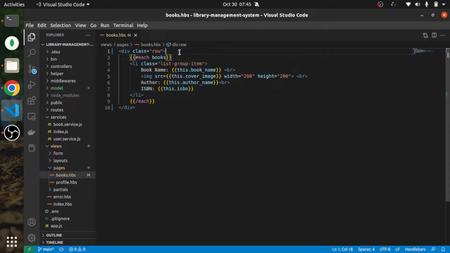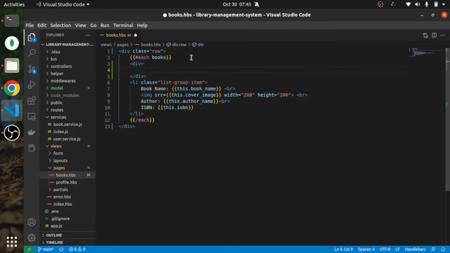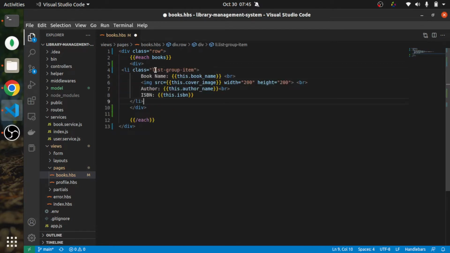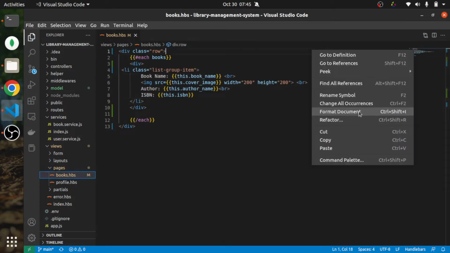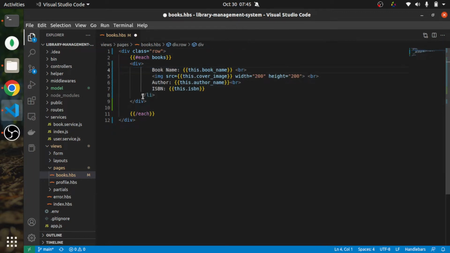Now row will take one div. Here we have to copy everything, this thing, and write it down here. Okay, now format this. Here you have to delete this li, because we don't require li now. Here you have to add a class